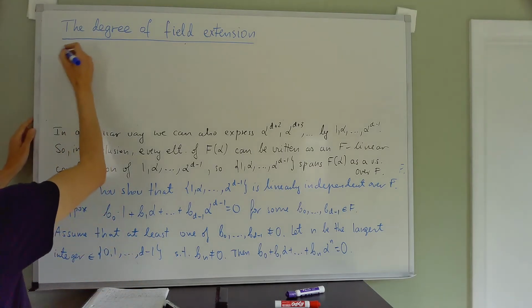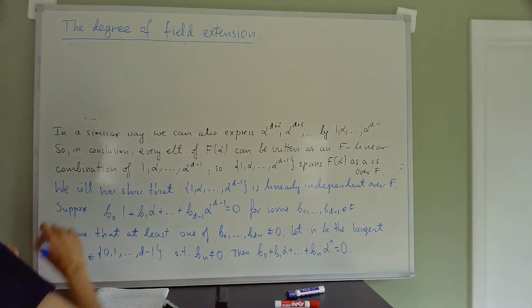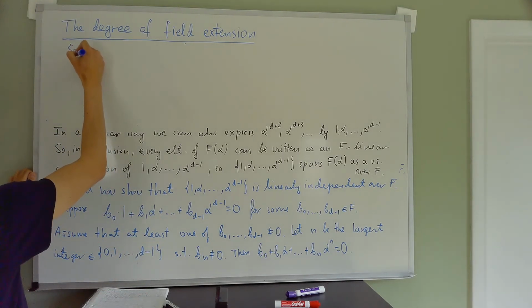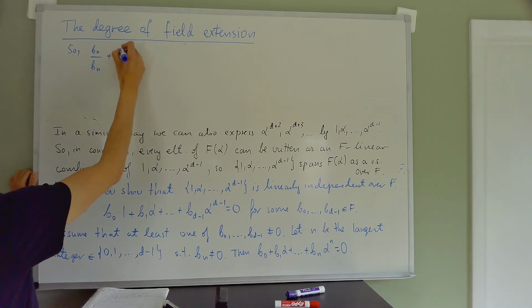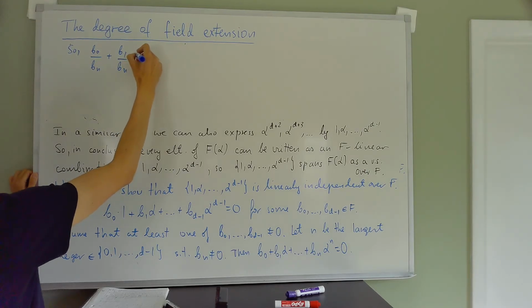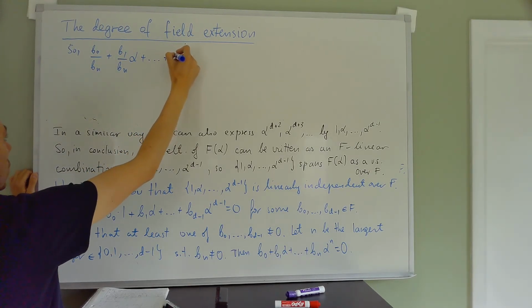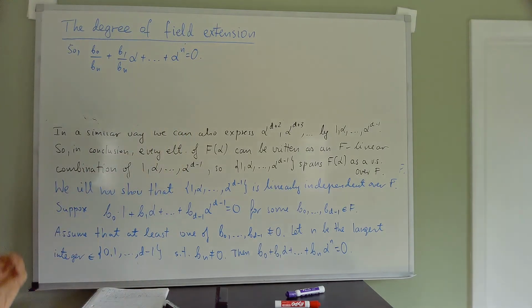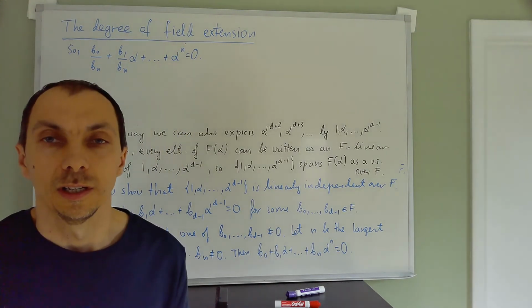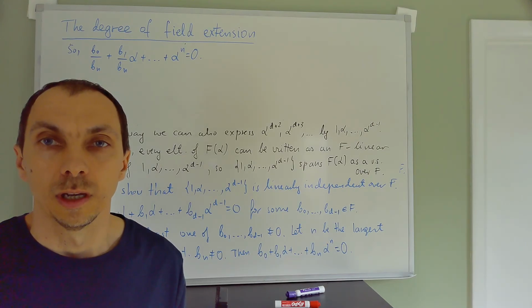So I can divide by bn because bn is non-zero. So b0 divided by bn plus b1 divided by bn alpha plus dot dot dot plus alpha to the n is 0. So what have I found? I found a polynomial with coefficients